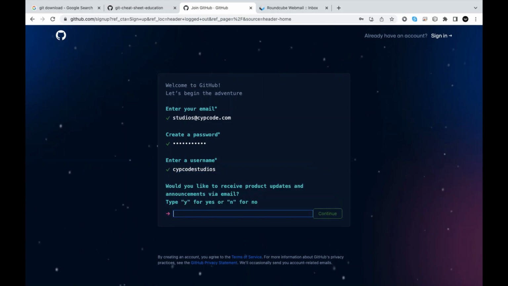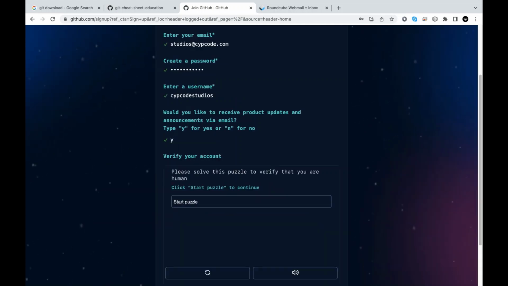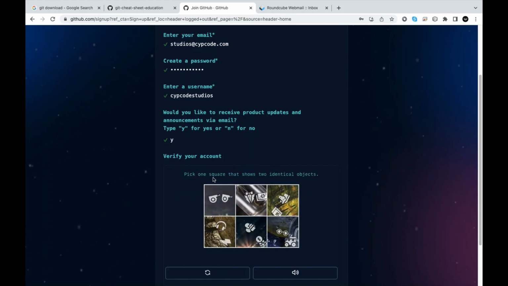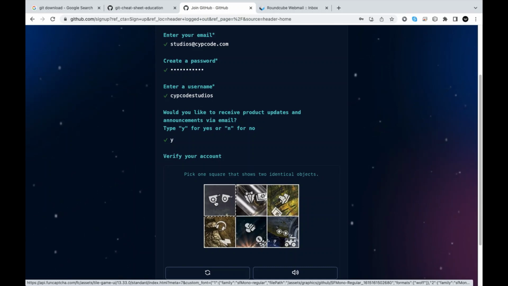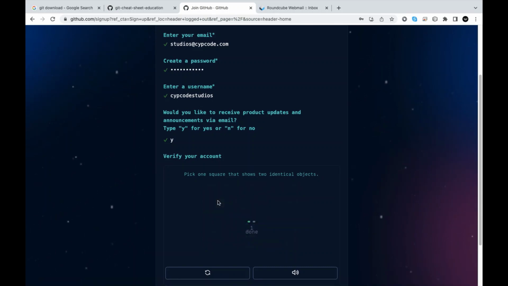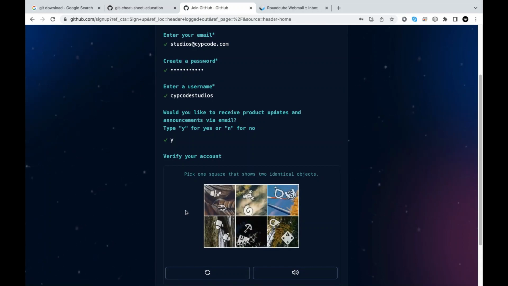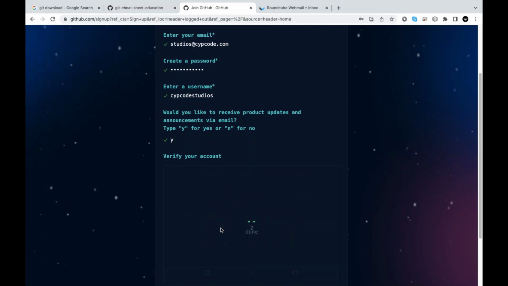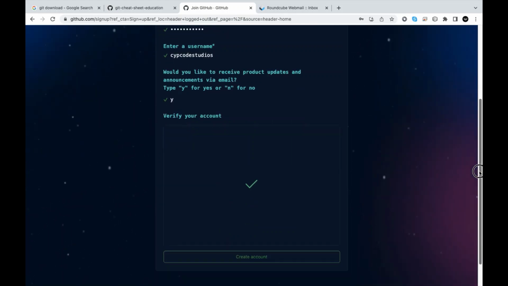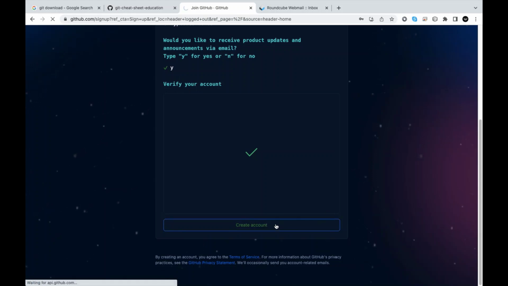Would you like to receive product updates and announcements via email? Yes, of course, because this is a tutorial email that I've set up, so that's not a problem. So we have a small puzzle that we can actually solve here. Let's see, it says pick one square that shows two identical objects. So these look identical, so that's fine. And the next one, these look identical. Select that, and everything looks good. Now Git is happy. Let's just scroll down, say create account,